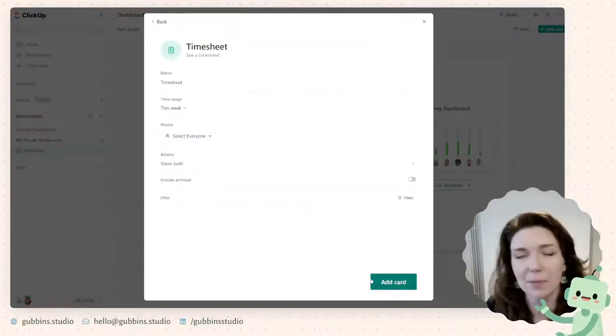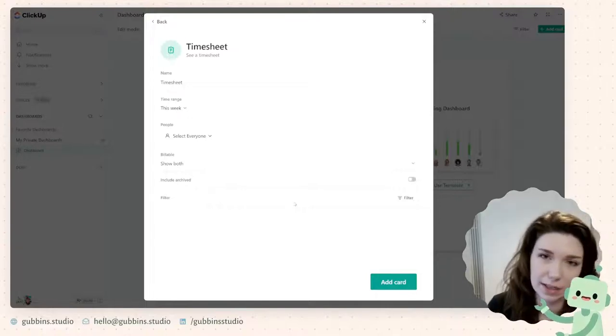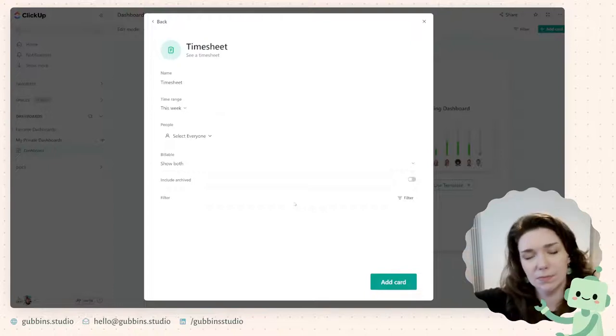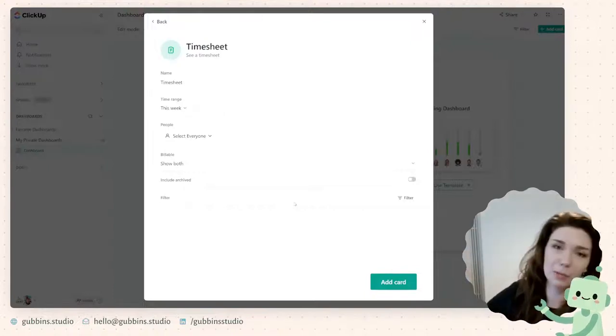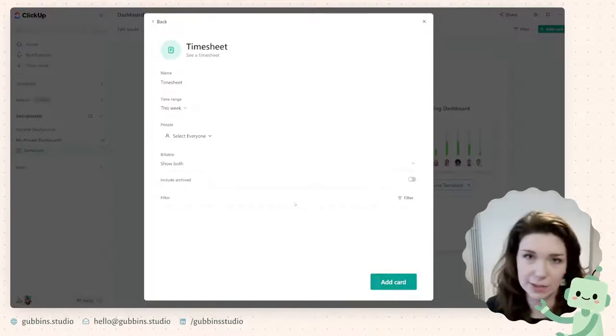And this is, again, I'm not going to cover it, but if you were an agency or a freelancer and you wanted to track the amount of time you'd spent on each of those tasks and then have it auto-populate into a dashboard that you could then share with people and say, here's the amount of time I spent on all these different things, you can use ClickUp for that.